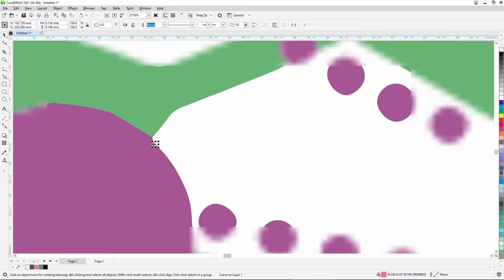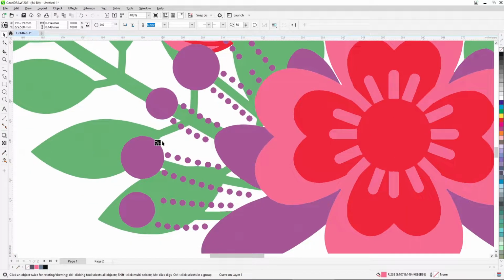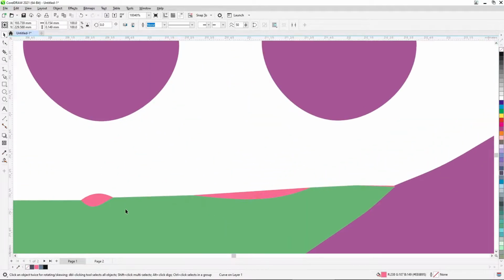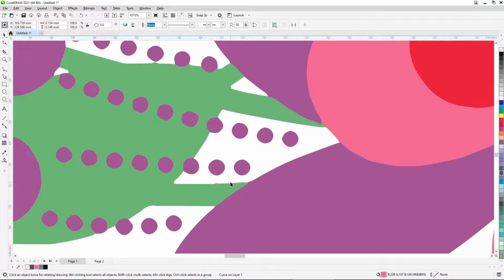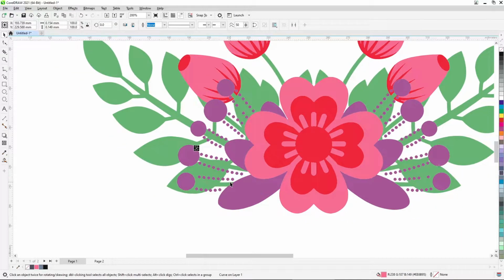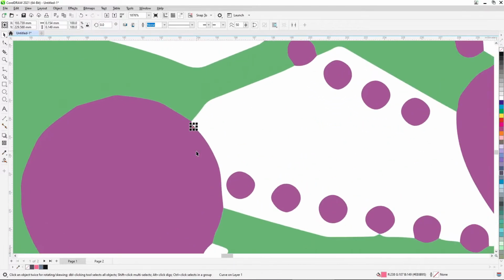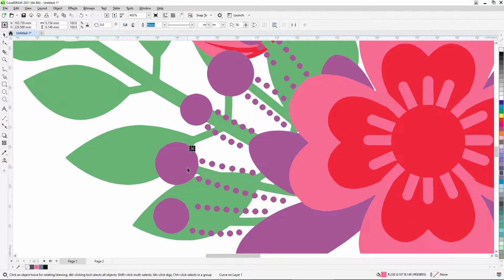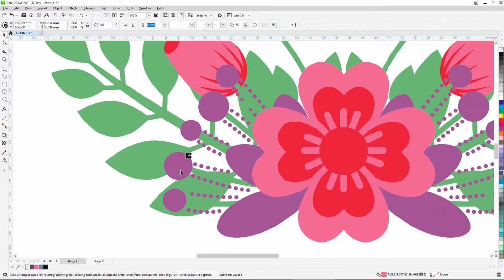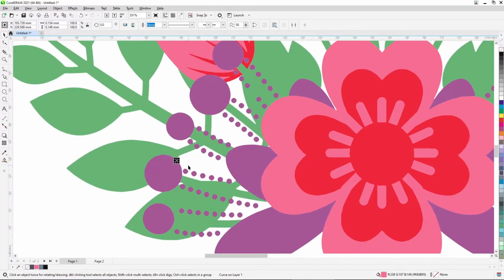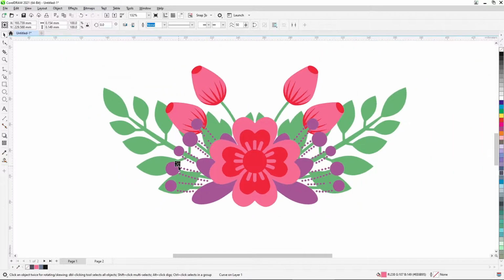So obviously one needs to check for even things which are as tiny as this, or for example this thing. The vectorization process is still under development, and that's the reason there are these anomalies. But once my designer goes through it thoroughly, none of these issues or anomalies will be there. So this is point number one.